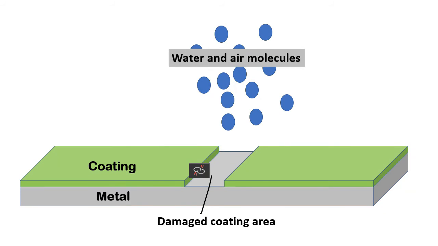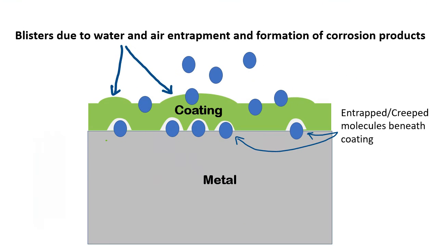Once a coating is detached around the damaged area, water and air molecules can creep underneath the coating and initiate corrosion. As a result, iron is converted to rust. Coatings have very poor adhesion on rust and therefore get detached around the damaged area more. If the coating is thick or has good barrier properties, the level of stress within the coating increases. Also, the creeped water and air molecules find themselves entrapped underneath the excellent barrier of the coating, which causes excessive